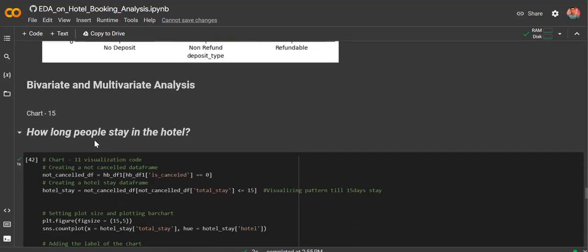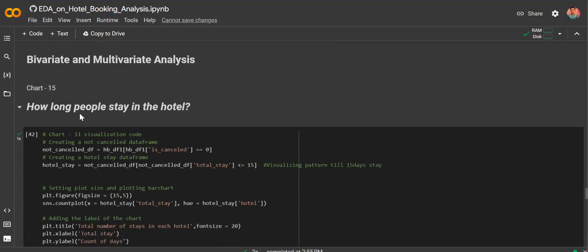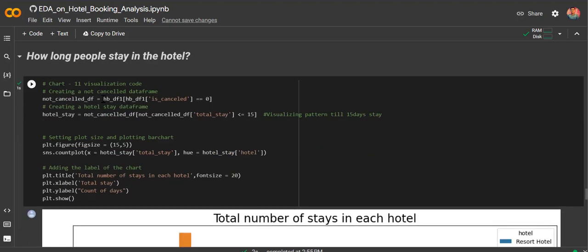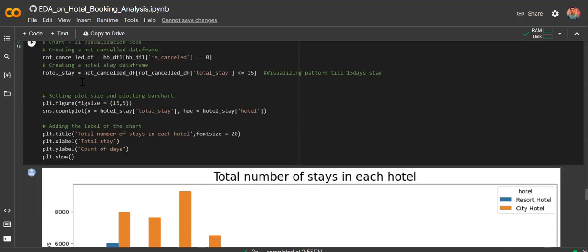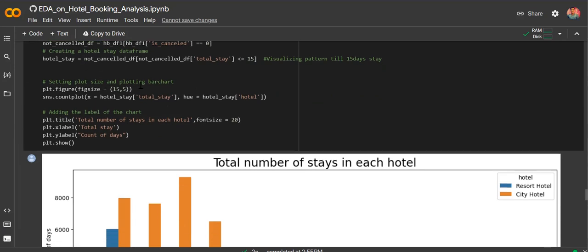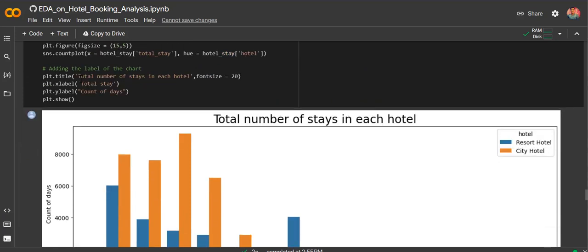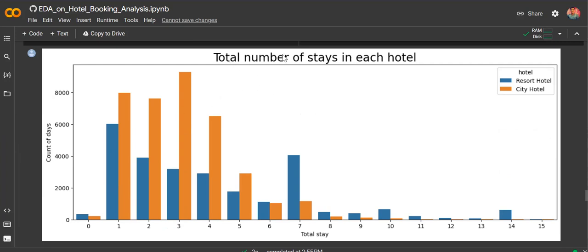And coming forward to the 15th chart, now I'm going to analyze it. I'm going to do bivariate and multivariate analysis. The problem statement for this 15th chart is how long people stay in the hotel. To find this out, I am going to create a not-canceled data frame by running this command, and then I am going to plot all those values in a bar plot, and then I am setting the title and the X label and Y label, and now I can see the total number of stays in each